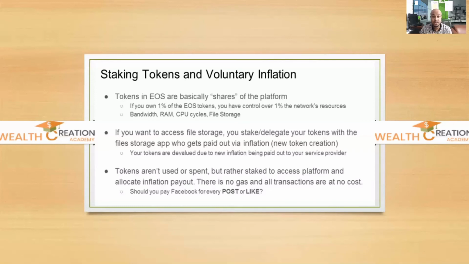So that's the same with EOS. All the transaction fees are free. However, if you want to advertise on Facebook effectively to other businesses, you have to pay for it, paying Facebook for ads. So pretty much the same. If you're a developer, you're going to create a business out of it, you're going to generate revenue, so you need to pay for storage.